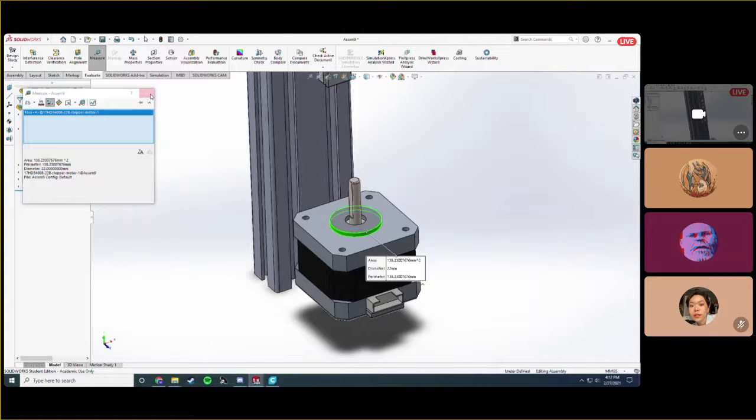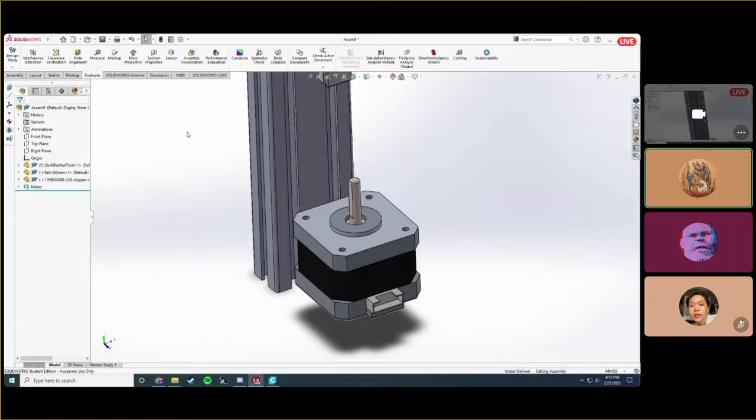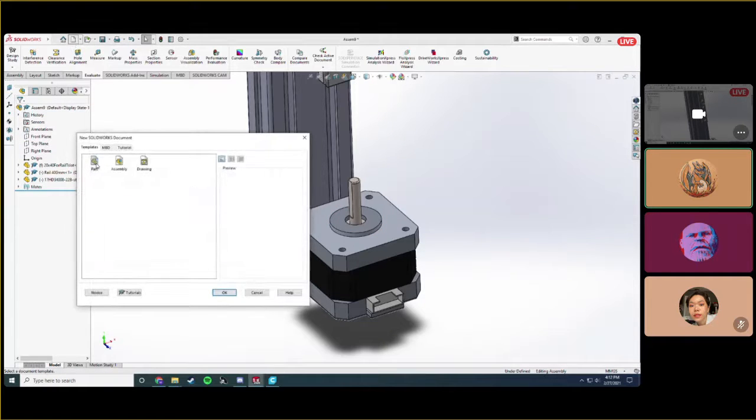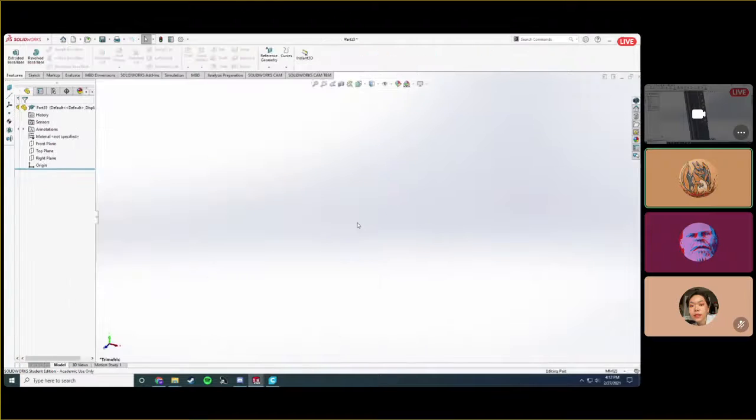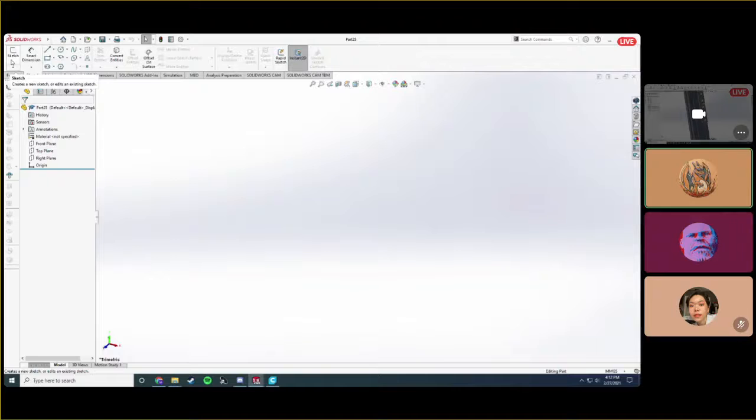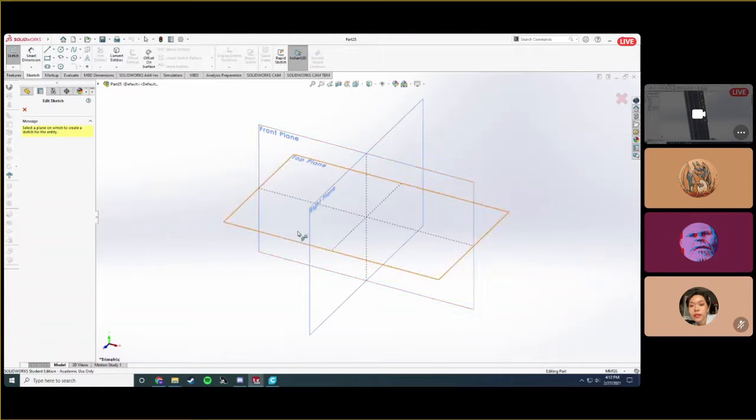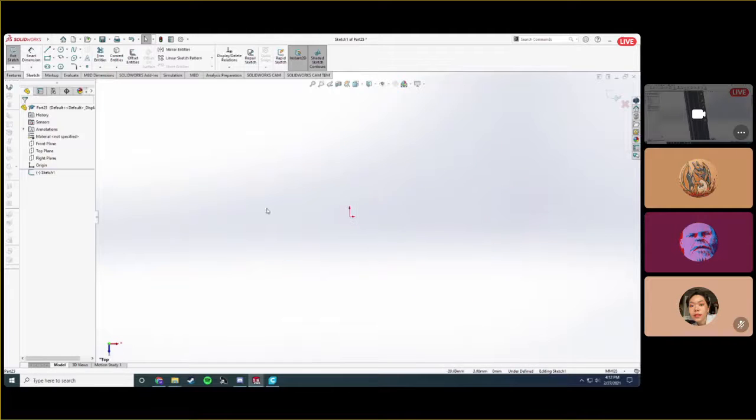Okay, so now that we have some dimensions, I guess we can just come up here, make a new part, and this is going to be a mount for this motor. You start out by making a sketch, and we could do that on the top plane here. Wait, if you go back for a sec,